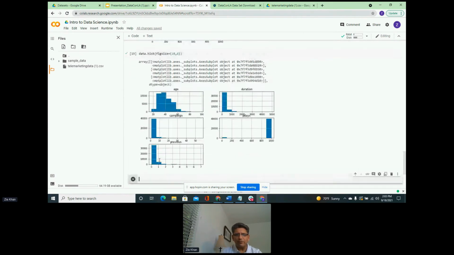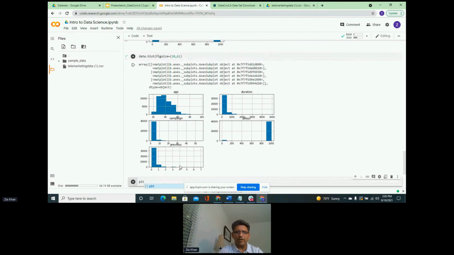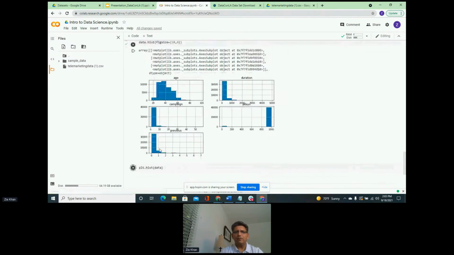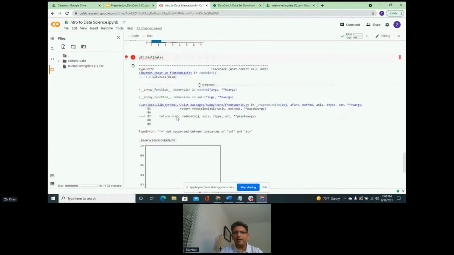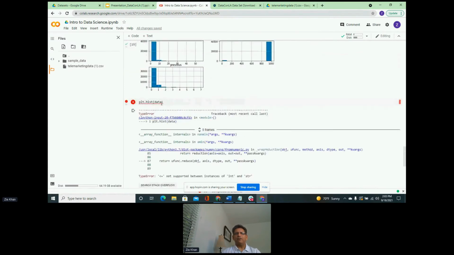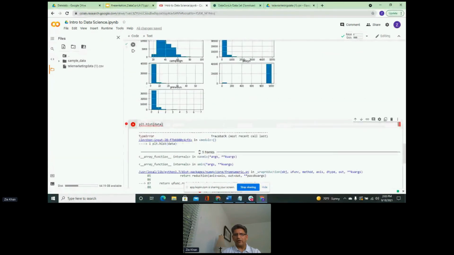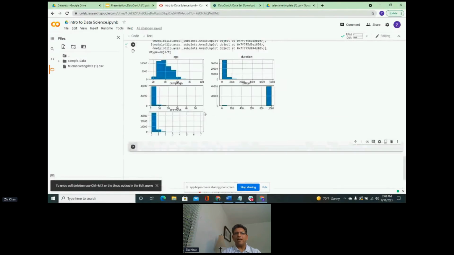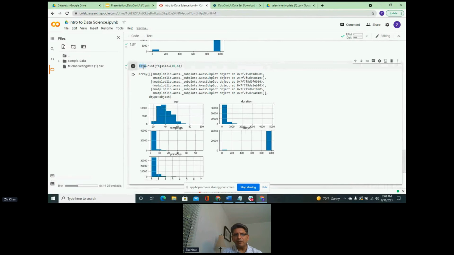Again, when I was doing a histogram using matplotlib, straight calling the matplotlib library, and saying call a histogram, it was giving me an exception because the library is unable to differentiate between objects and all that. So this was not working. However, because this object is a pandas object, I can call hist on it. And because pandas can understand the difference between object and integers, it can just pick the integers and build that for you. Now, we do see this histogram, but it's still not laid out properly.